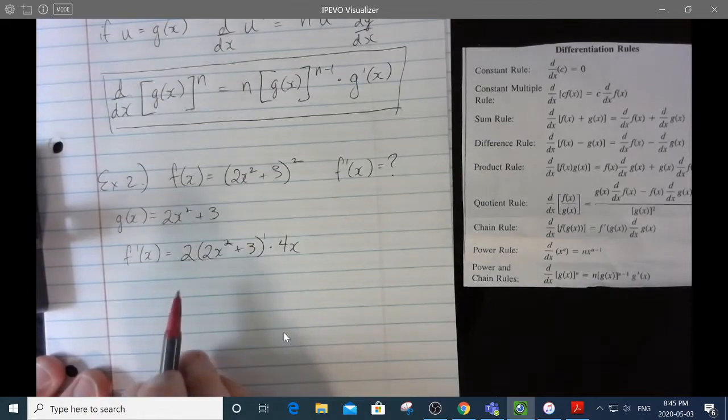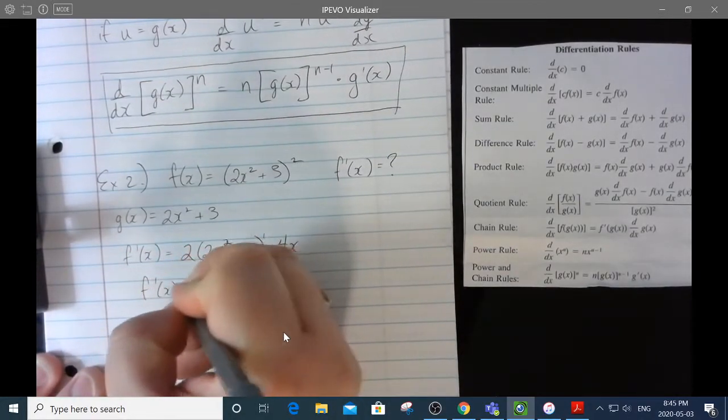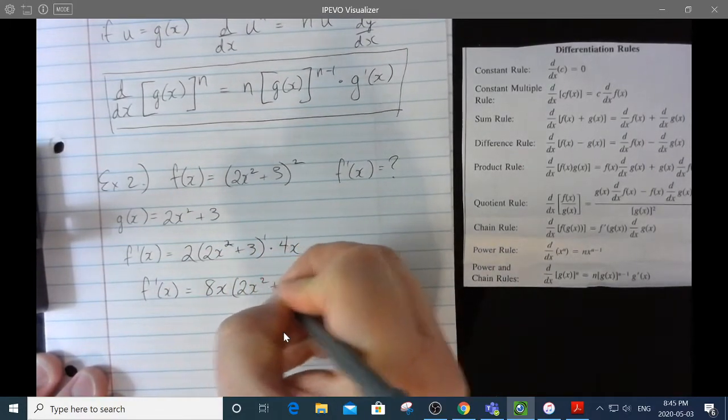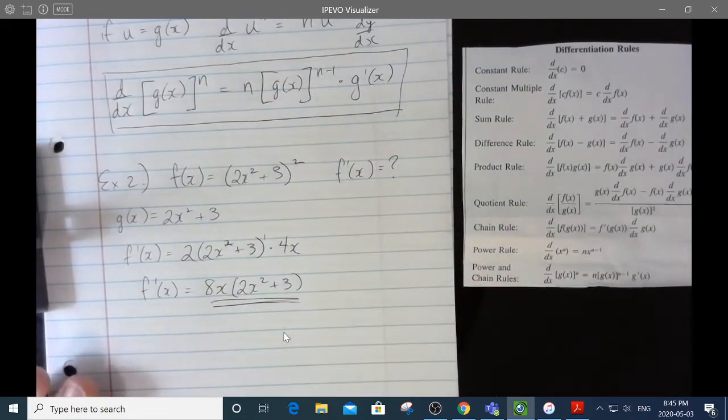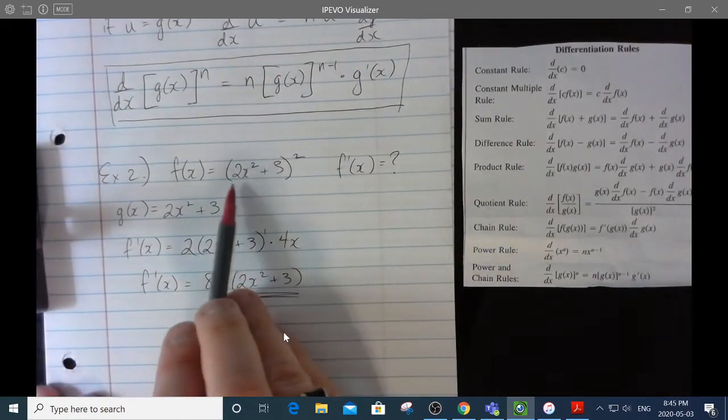And I can simplify that a bit. 2x times 4x is 8x, and 2x squared plus 3, and I'm sure you'll agree that that's less work than it took to